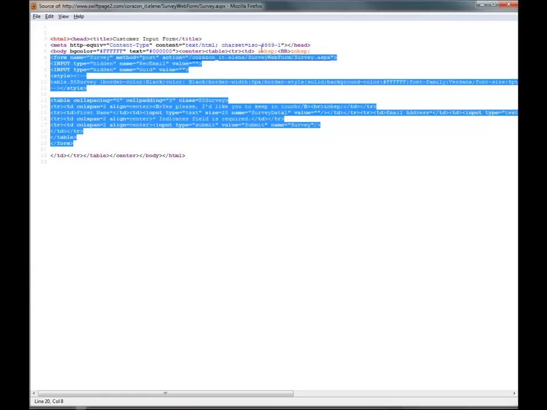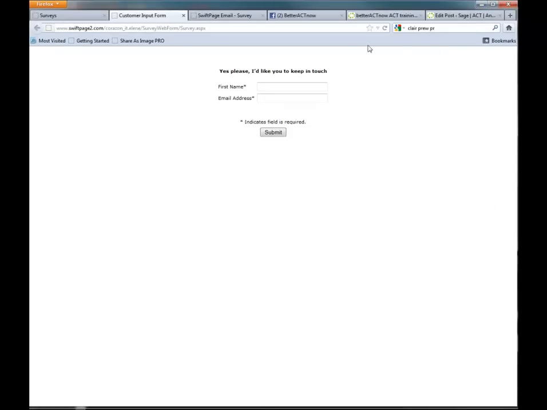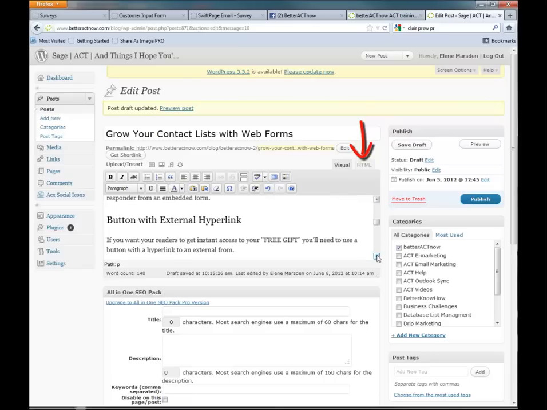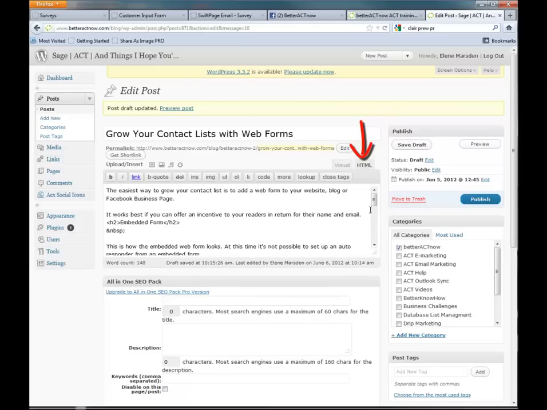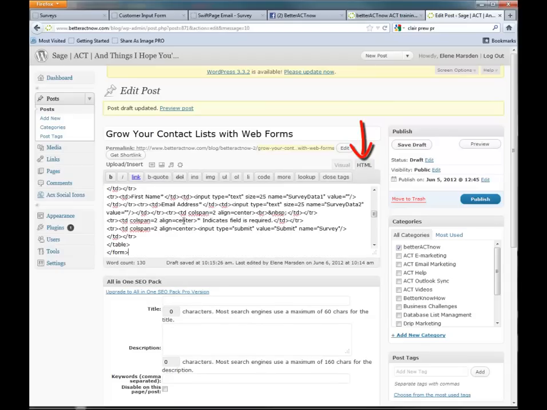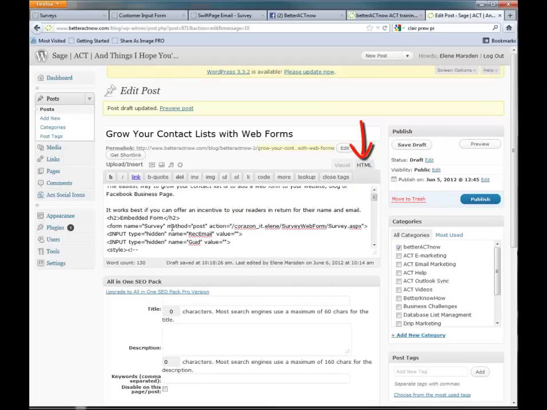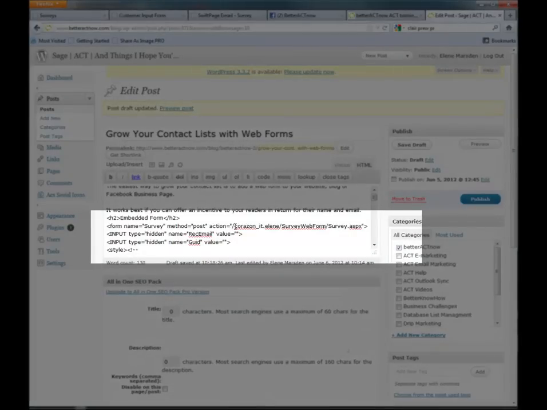Copy that and come straight over into your blog post, and you're probably going to be on the Visual tab, but we need to make sure that actually we're showing the HTML tab. So I'm just going to make sure that's selected and find a position to paste in that code that we just copied. But there is just one thing you need to do, because what you'll notice here is that the URL where the form is isn't complete. So you need to come just in front of that forward bracket there and type in